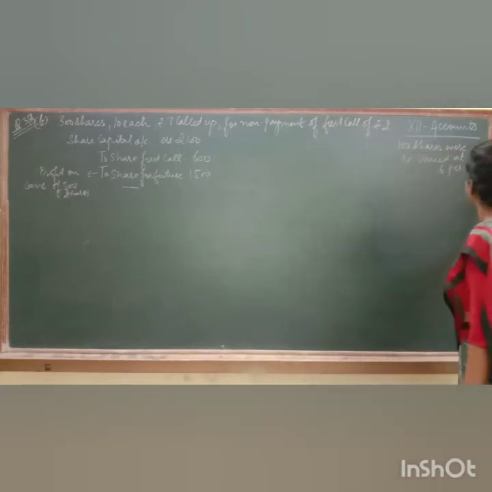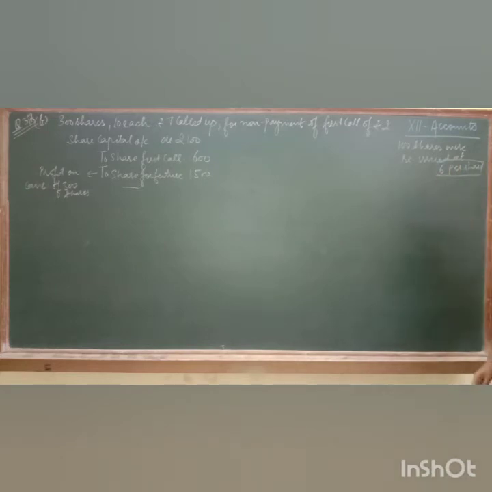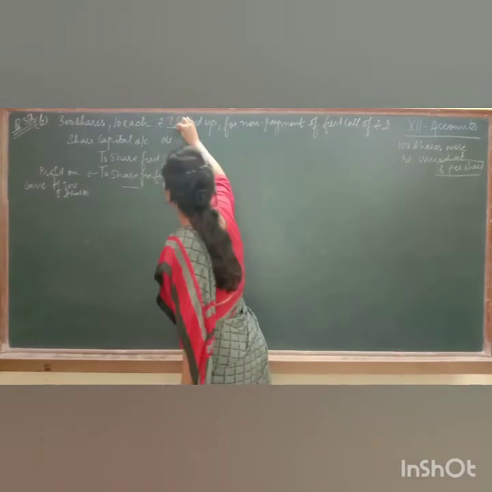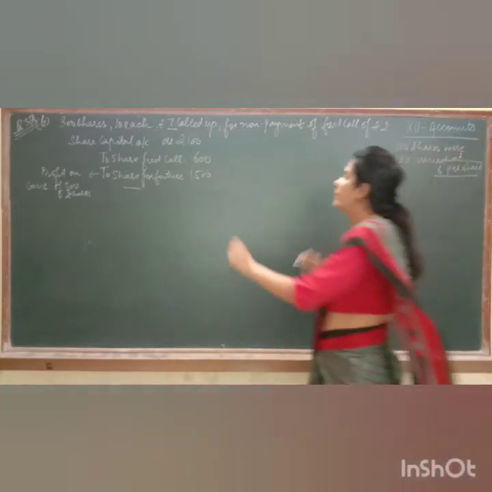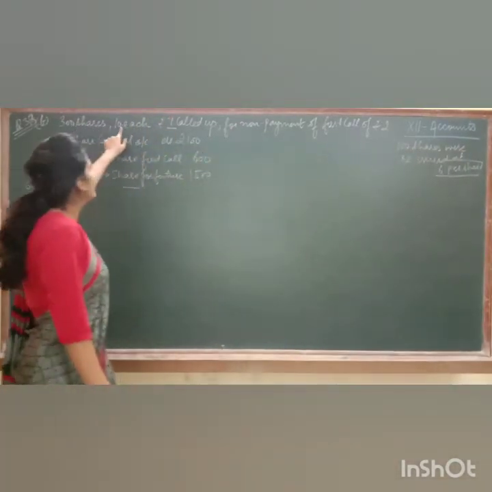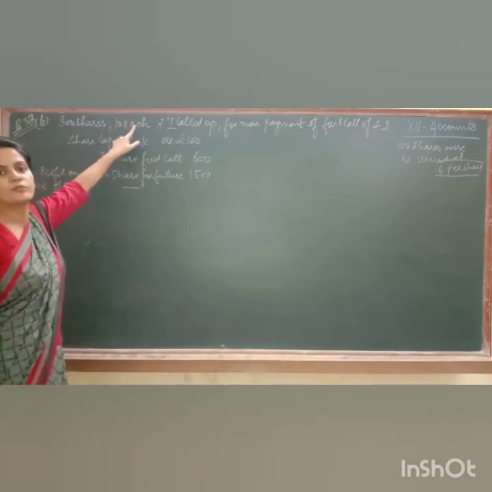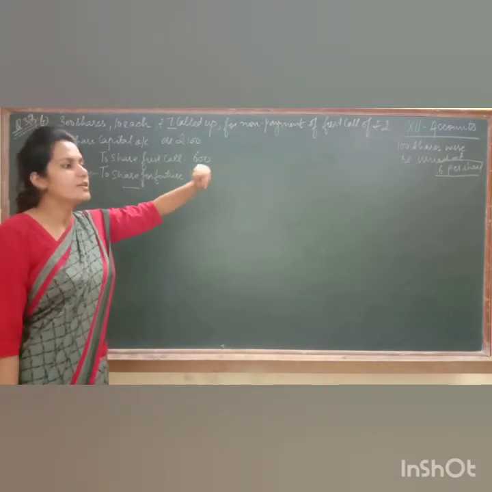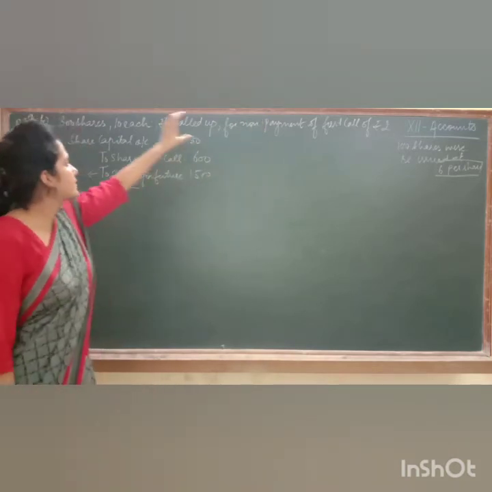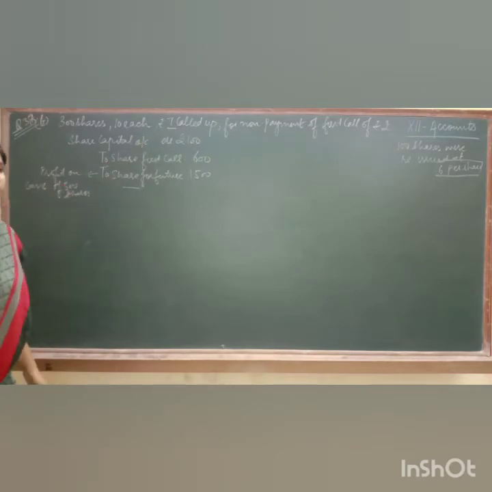Now the word is written ₹6 per share. The words "fully paid up" are not written. So in that case, you are going to compare this value at which the shares are reissued with its called up value, that is 7. If the words "fully paid" were mentioned over here, then you would have compared this ₹6 with the actual value of the share, that is ₹10. But the words "fully paid up" are not there, so you have to compare this ₹6 with its called up value only. So pass the entry.